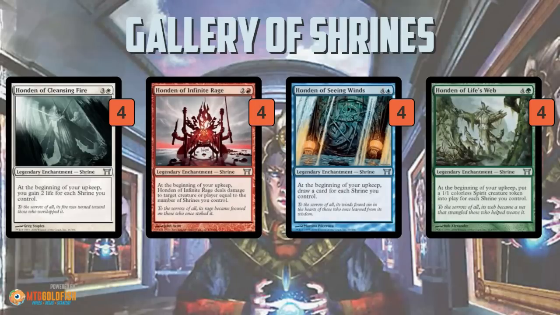So, the problem with shrines and Hondens, same thing, is they are legendary. And as you can see, we're playing 4 of each of them, so 20 cards, more than half of our non-land cards are shrines. And because they're legendary, if you have a single copy of any individual shrine, let's say Honden of Life's Web, if we have a Honden of Life's Web on the battlefield and we draw another Honden of Life's Web, it is a literal do nothing. It is like we did not draw a card. We can't cast it because it would just legend rule itself. So that makes it pretty bad,